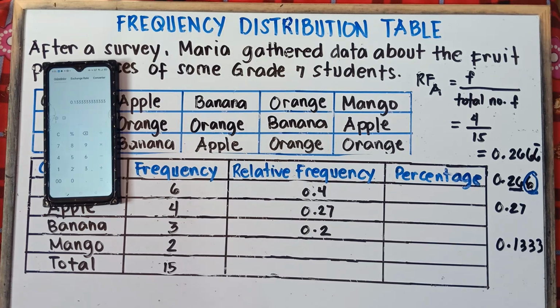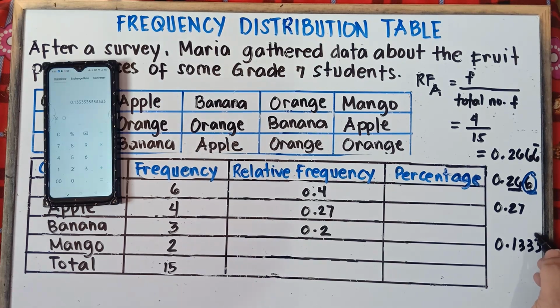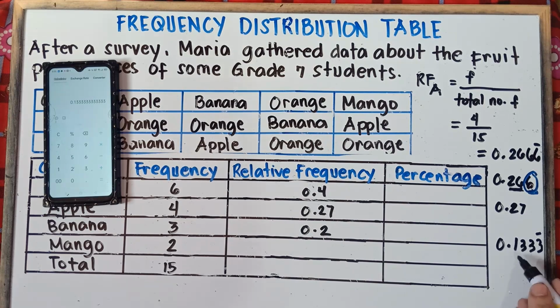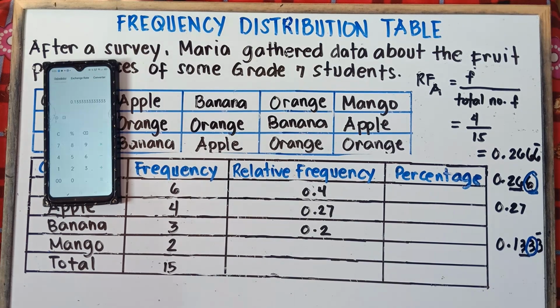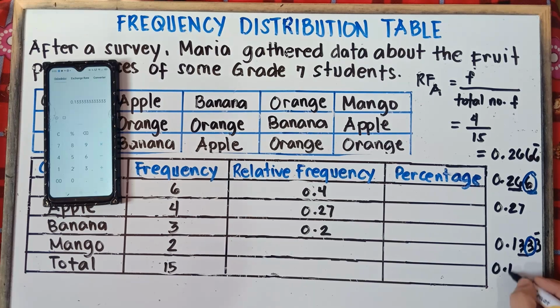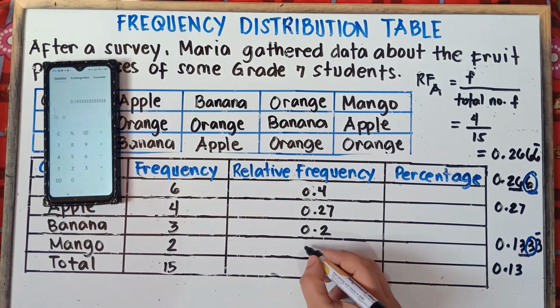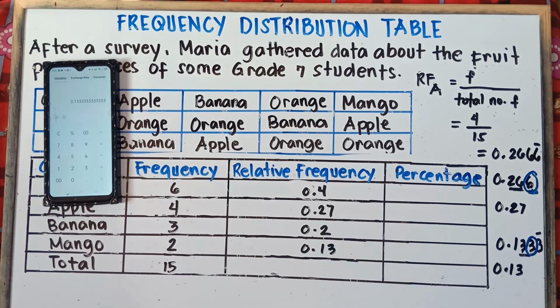And the answer is 0.1333. Once again, it is repeating, you can put a bar. It means repeating. So, 0.1333. After this 3, there would be another 3. So, therefore, we cannot round up. Simply copy. So this will be 0.13. Because after 3, there would be 3, so simply copy 3. So, the answer is 0.13.